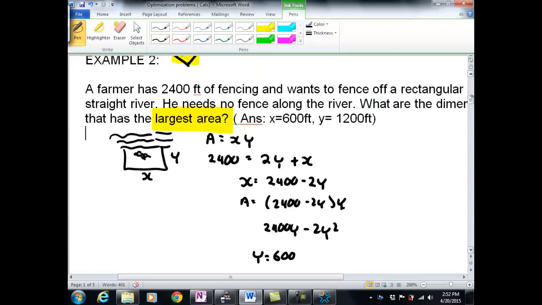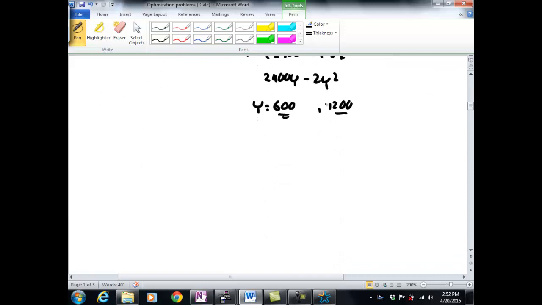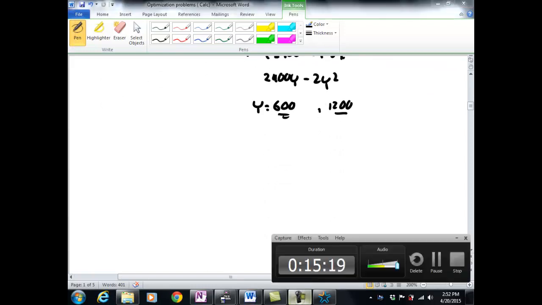Now, some of you may wonder, is my x and y mixed up? Does it matter? The answer is no. I just use different variables. Okay? As long as you have 600 and 1200, it's fine, because it doesn't matter which one's x, which one's y. So that will give me the largest possible area ever. That is how we do that. And I'm going to pause my recording here. I'm going to assign